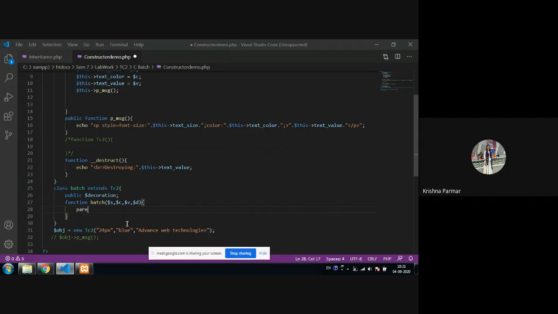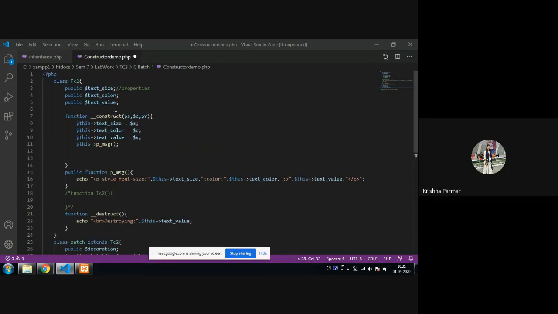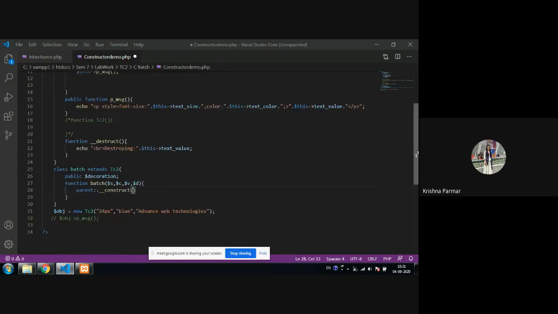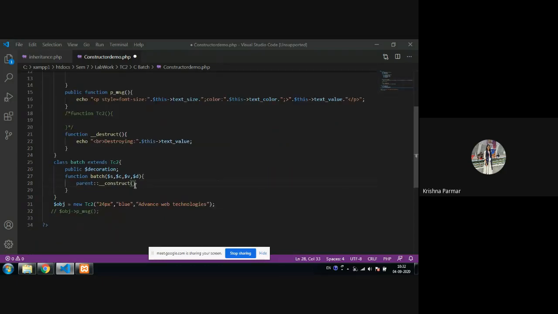Using the parent keyword, then double colon, then double underscore construct, and pass the 3 parameters. Why? Because the parent class constructor has 3 parameters. So that is size, color, and value. That is the call to the parent class constructor.